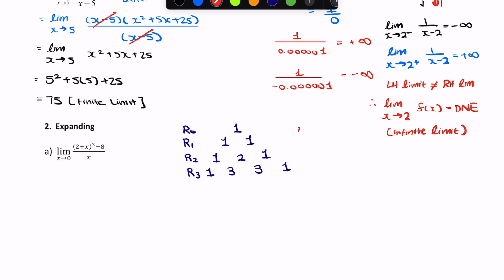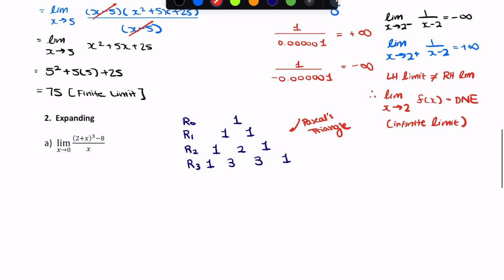Remember, this is Pascal's triangle. So here we're looking for the limit as x approaches 0. Remember the first value, or the a value, 2, will start from the largest exponent and then go down to 0. And then the b value, the x value, will start from the lowest exponent and then will increase as well. So here we can write it as the limit